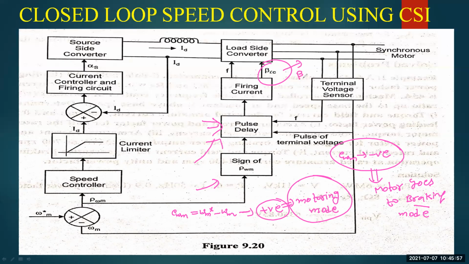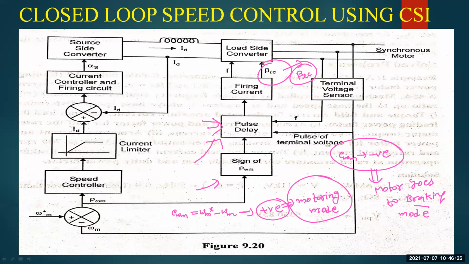So beta LC, the commutation lead angle, is constant, and we have to maintain this. To obtain the constant lead angle, the phase delay circuit shifts the reference pulses,